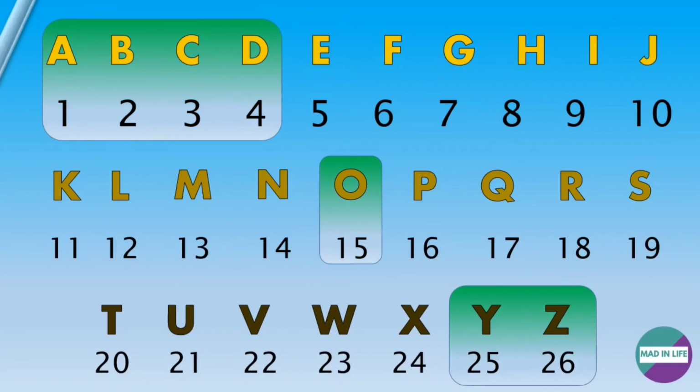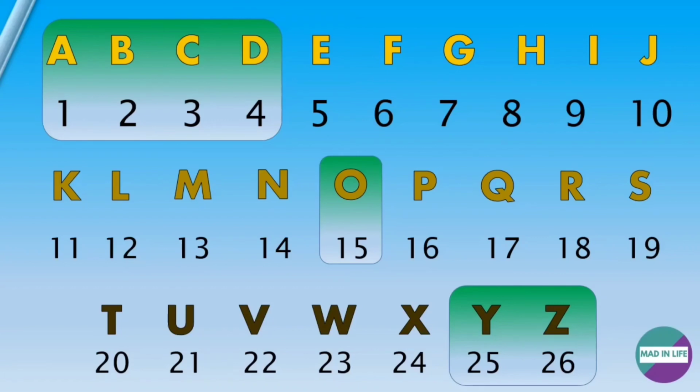Now these are the highlighted letters that you need to memorize, and what you actually need to do is, any word, anything that comes, you must be very quick at a click, you must be saying, like my channel name is Mad in Life. Okay, so M, it is at 13, A 1, D 4, I 9, N 14, L 12, I 9, F 6, E 5.